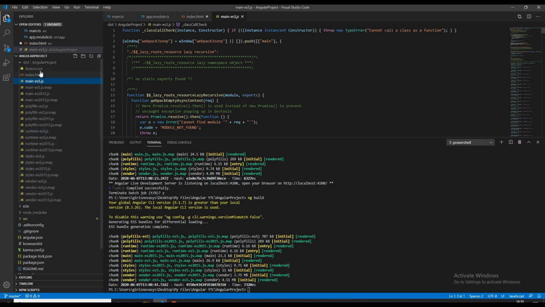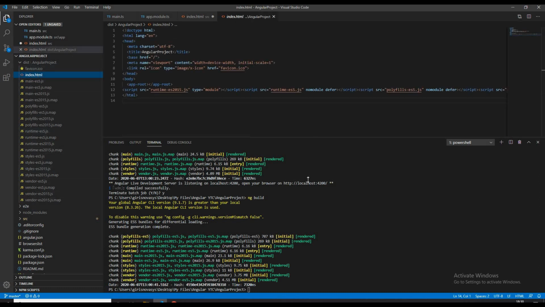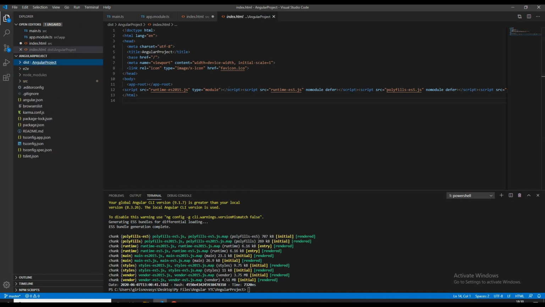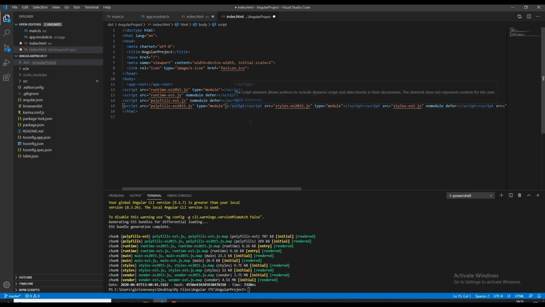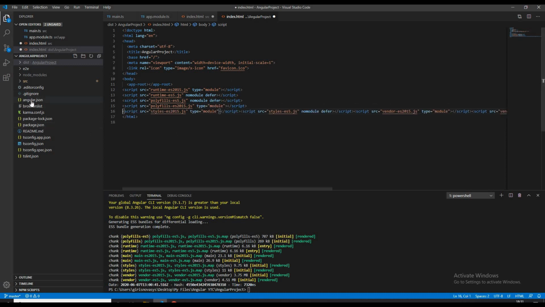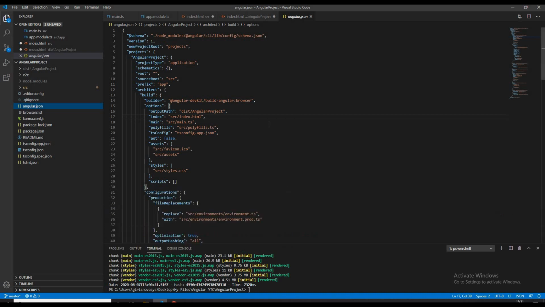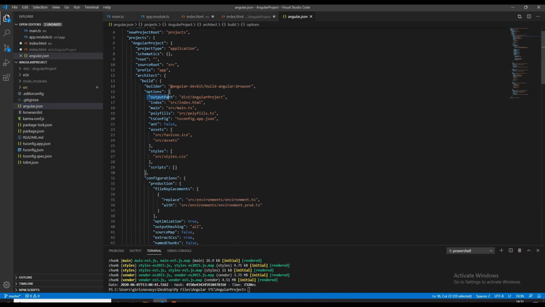If you ask why the output files are stored in the dist folder itself and not elsewhere, there is only one answer. Whatever is related to Angular, you can find in the configuration file of Angular, the angular.json file. If we see here, the outputPath attribute shows where our build output files are stored. This outputPath attribute has the path towards the dist folder.